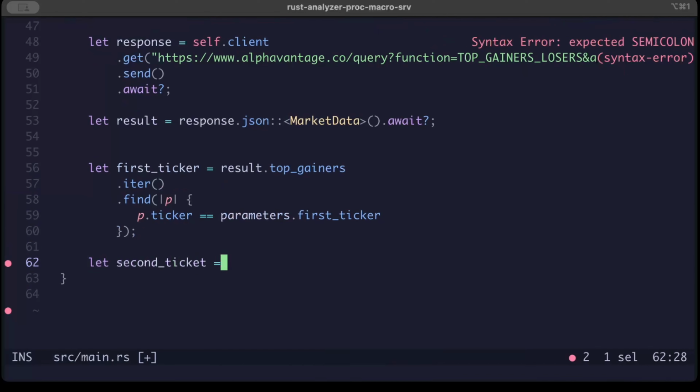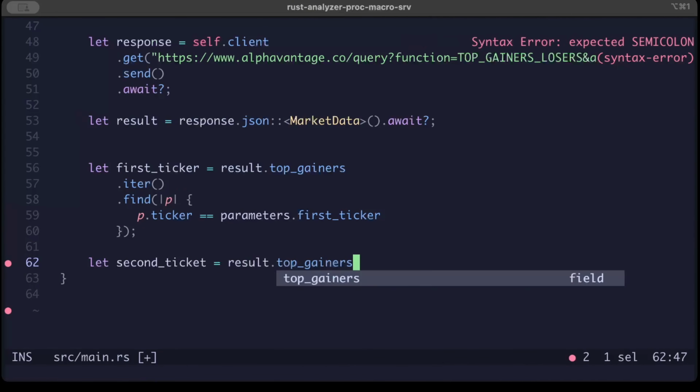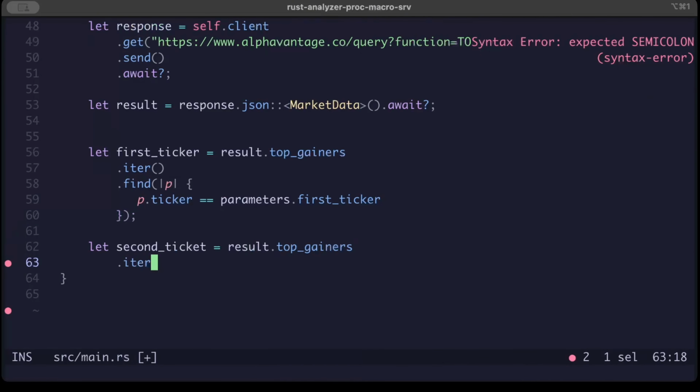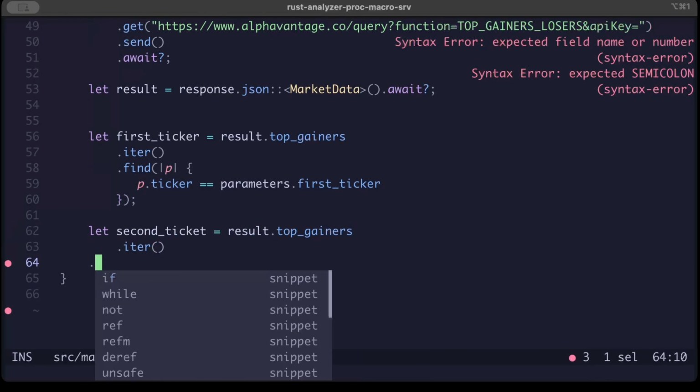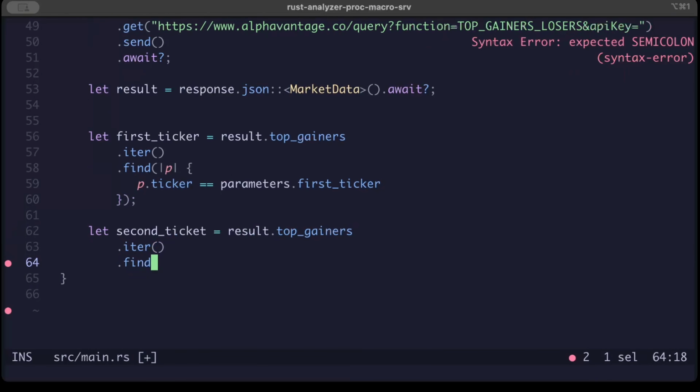Similarly, the second ticker, result.top_gainers.iter find,